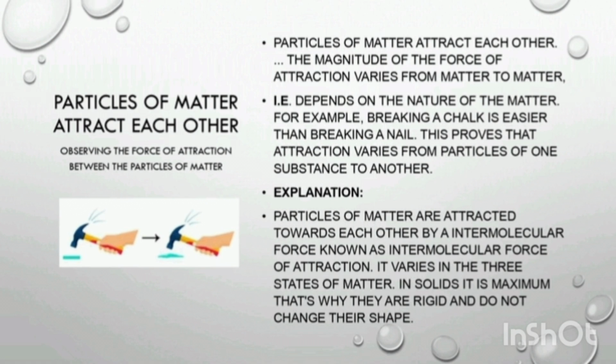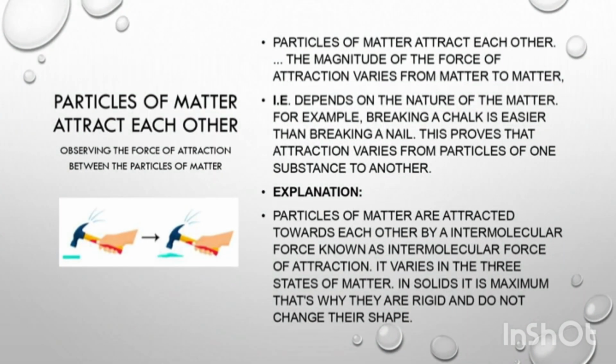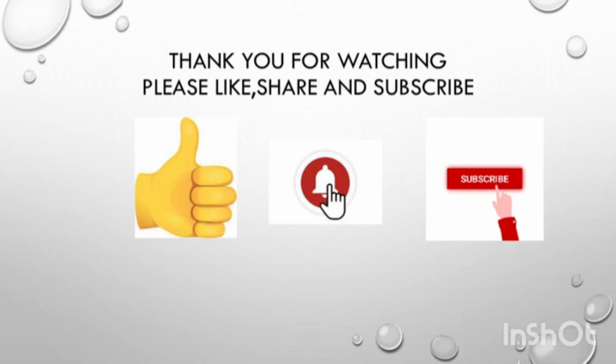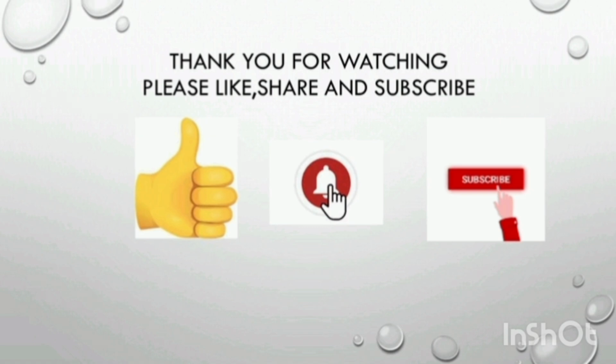It exists in different forms in the three states of matter. In solids, it is maximum. That's why we are not able to break a solid easily. See, if we take a phenolphthalein solution and drop it into a container of water, it will be pink in color. So all the water becomes pink. Why? Because the phenolphthalein is mixing completely with water. So the molecules of phenolphthalein are attracting the molecules of water. Like this, the particles will attract each other. Okay, so